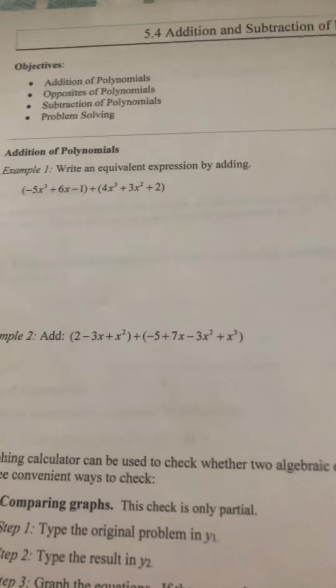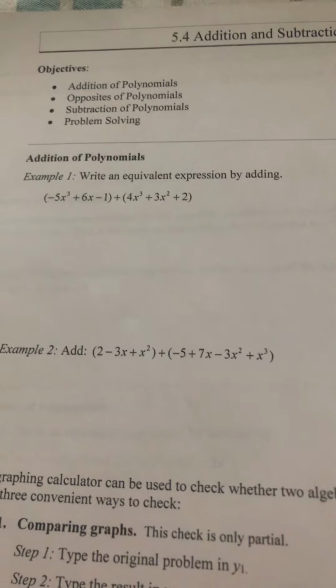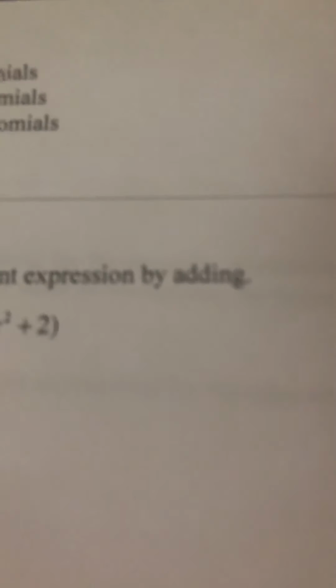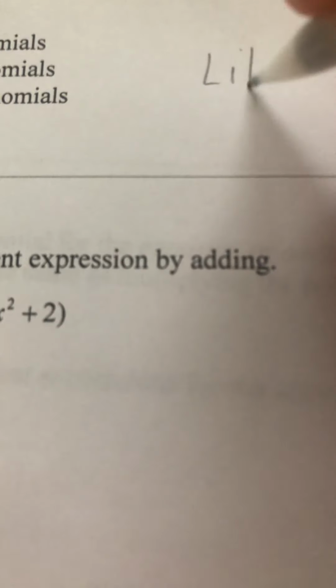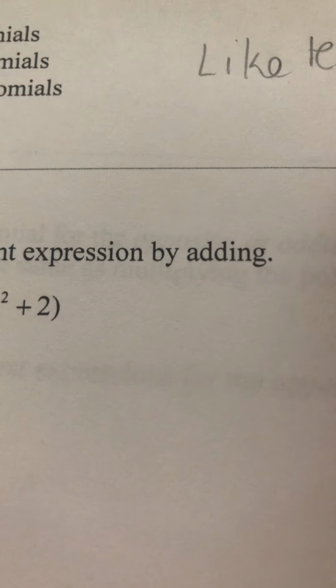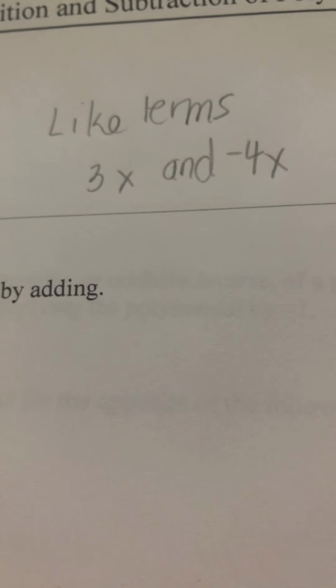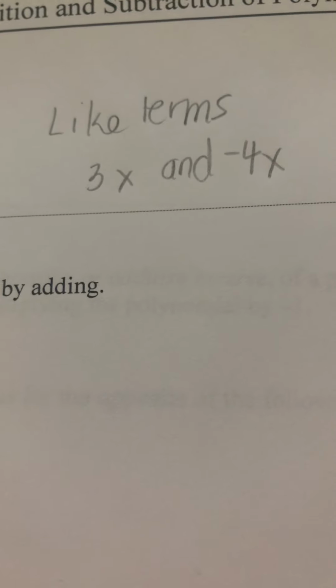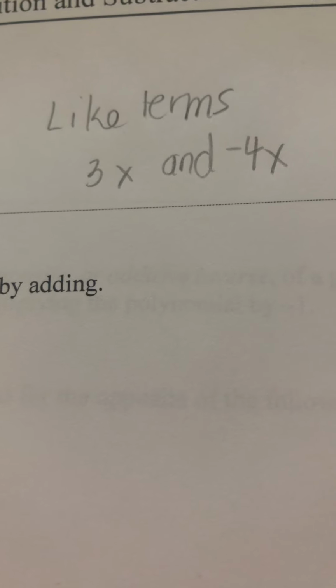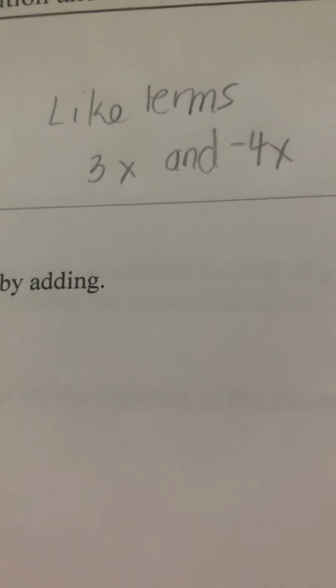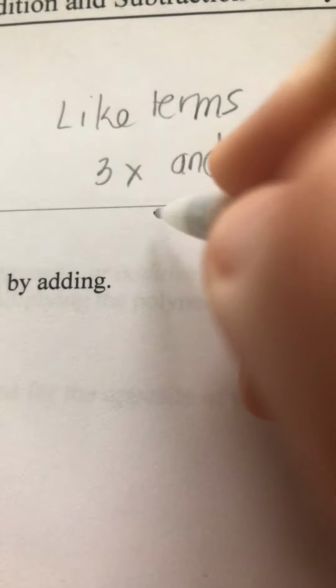So going back to unit 1, we talked about like terms. For example, like terms are 3x and negative 4x. They have to have the same variables on them. So we're expanding that definition. They have to have the same variables with the same exponents. So for example, like terms would be